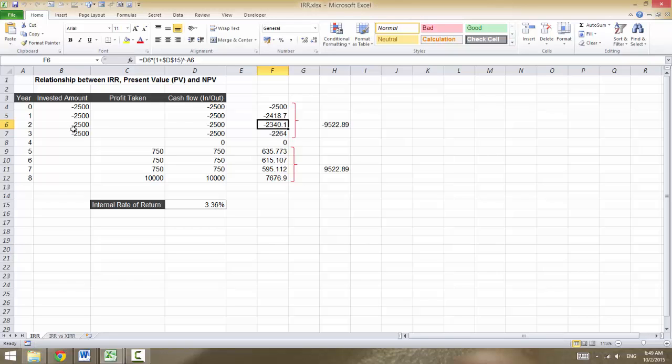So now after the first 4 years, I've invested the amount. Now I expect on the fifth year I'm going to have a profit, 750, which could be in the form of dividends, right? 750, which is worth 635 in today's terms. So again, using these formulas,